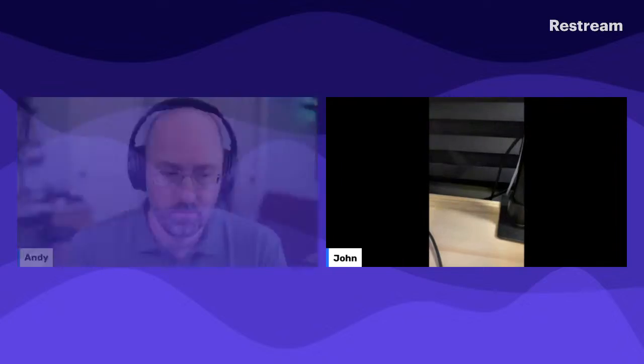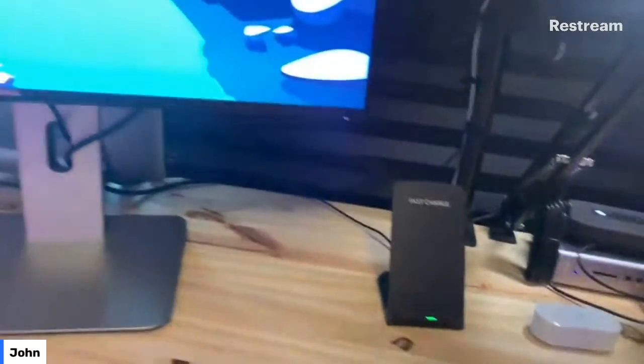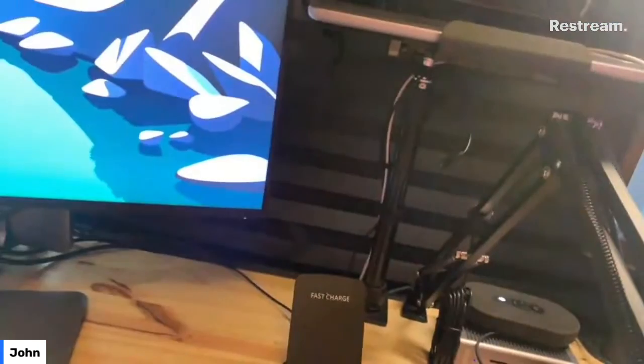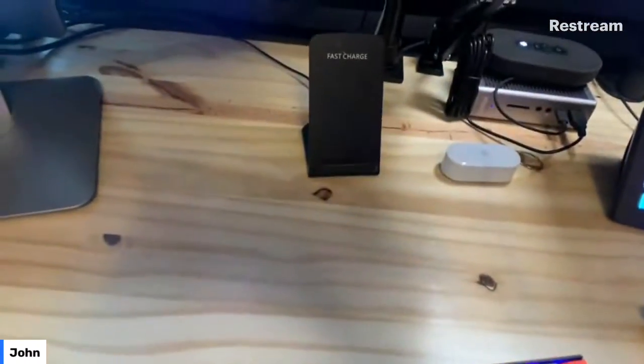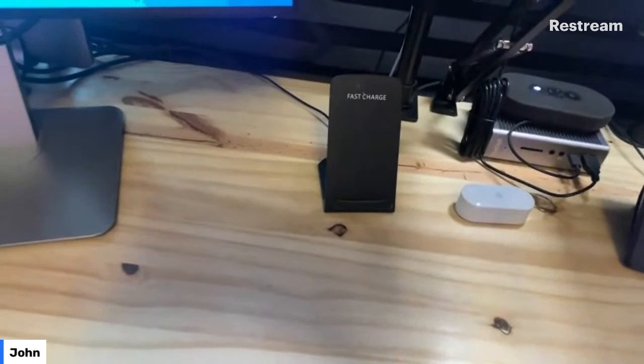I've got Ecamm or Epoccam running here, so let me switch over to that. There we go. All right, so now we're seeing my phone. I've got it switched sideways. I'm using an app called Epoccam from Elgato, and that allows me to pair my phone to my computer as a virtual camera, and then I can move this around and show you guys what everything looks like.